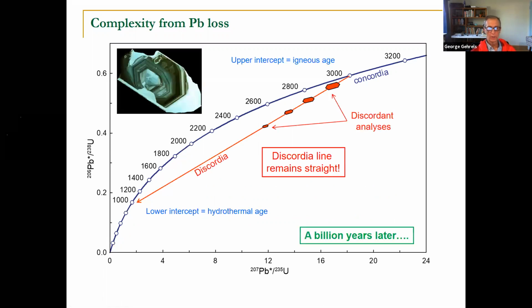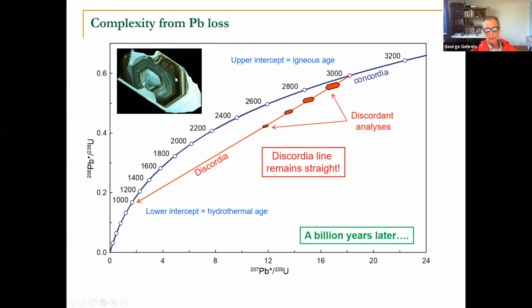One of the magical things about the Concordia diagram is that now if we stop and sit here for another billion years, that line remains straight, and so the upper intercept of that line is going to be the igneous age when that zircon formed. And the lower intercept down here, that's going to be the age of hydrothermal activity. So you could analyze this by looking at bigger crystals and smaller crystals, low uranium, high uranium,